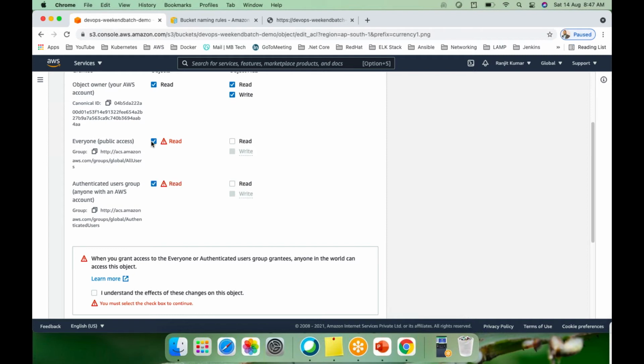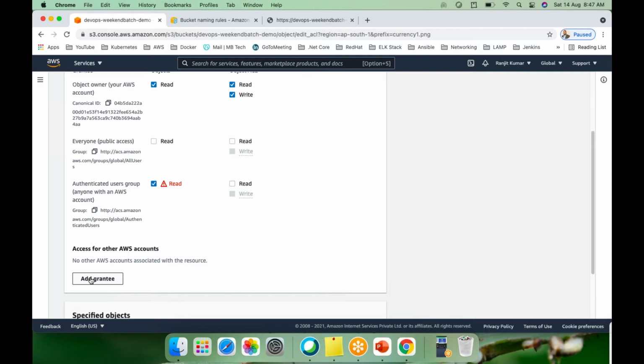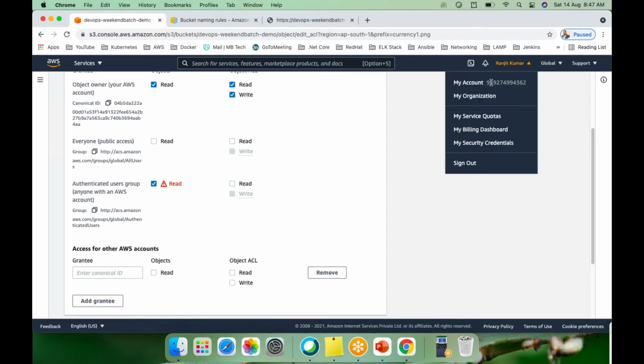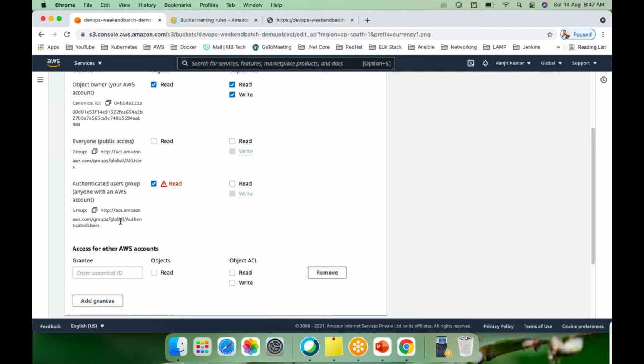Okay, what I have to do now, just go to the permissions. You should be in the file, go to the permissions here, and you can find the access control list, ACL. We can see here the object owner has only read and write permissions, but for public access, it does not have anything. What I can do is edit it and give only object read access, and then save changes.